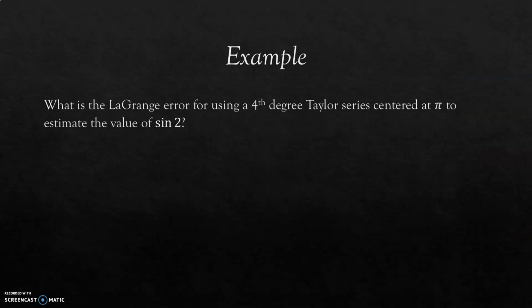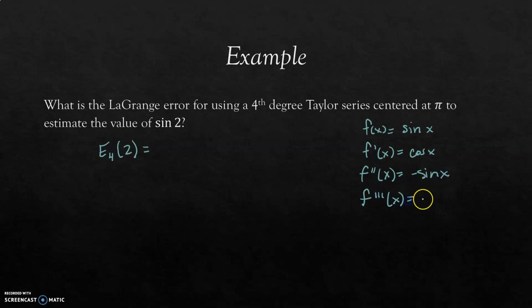Example 2, what is the Lagrange error for using a fourth degree Taylor series centered at pi to estimate the value of sine of 2? All right, so that means that we're going to find the fourth degree error at 2. Well, if I have sine of x as my function, then the first derivative would be cosine of x. I need to go all the way out to the fifth derivative. But when I take the fourth derivative, I wind up at sine again, and so the fifth derivative would be